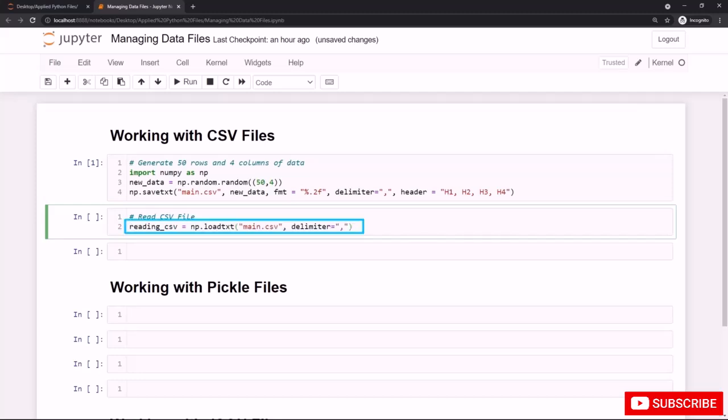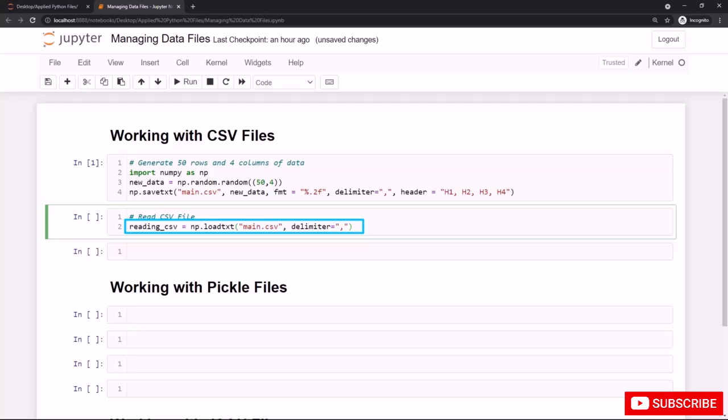To read the data or to load the text from the CSV file, you can use a function from the NumPy library. This function is called np.loadtxt. This function is a built-in function. You can call it directly also. You can use it without any need to construct it. And it has arguments. The first argument is the file that we want to load the text from inside it. We want to load the text of the main.csv file in the same working directory, in the same location,